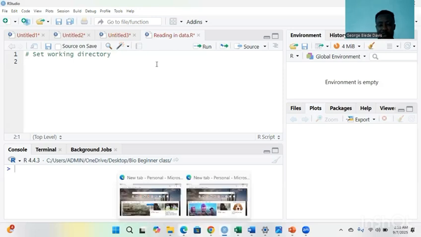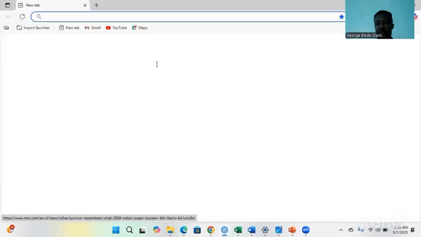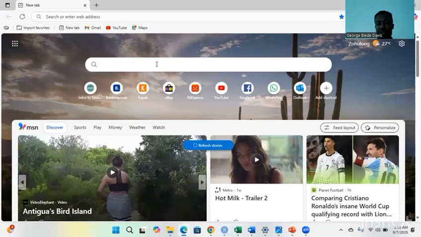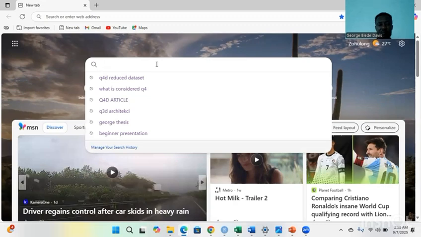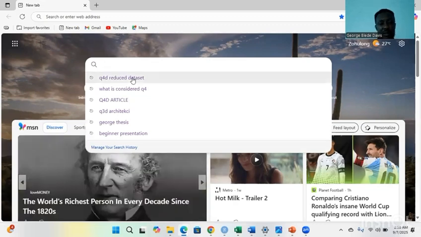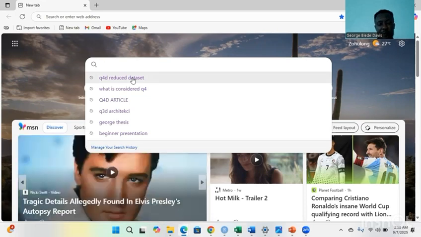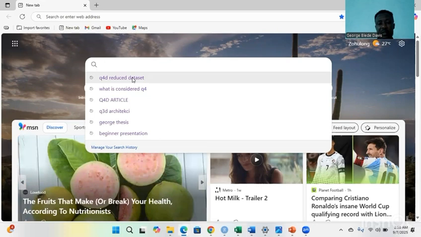I'll be using a dataset from Key4D. It documents the activities we've been running at Key4D, so I would like to use that dataset. The paper was published, and the dataset was also published on Figshare, a repository, so you can go there and get it. What you have to do is just type Key4D and Figshare, and it will take you there.